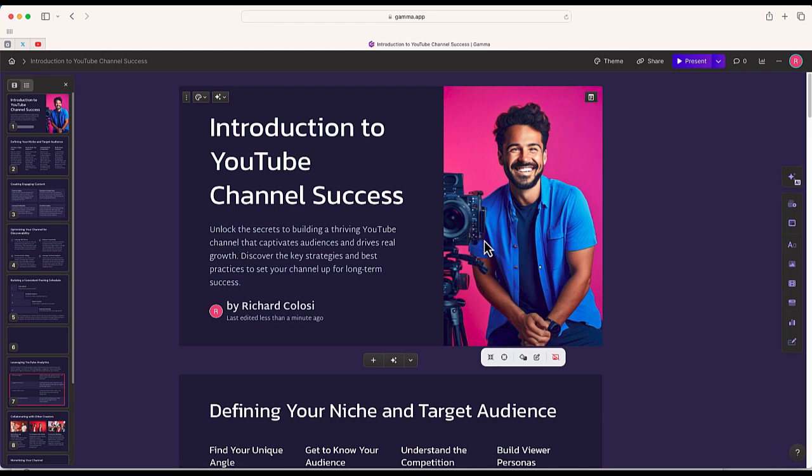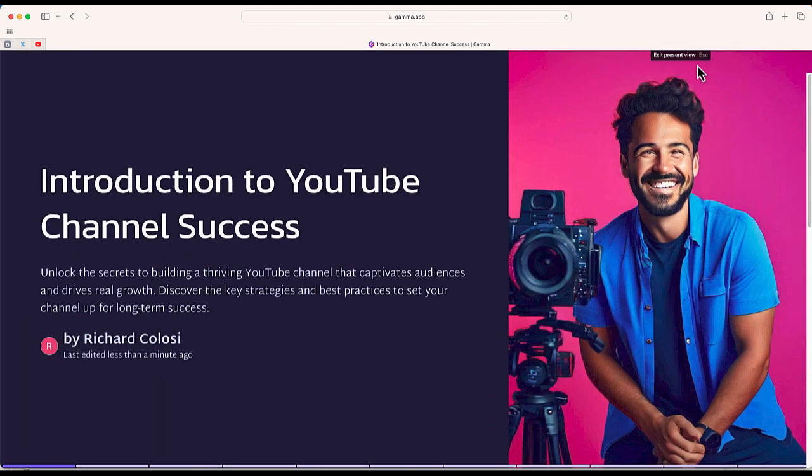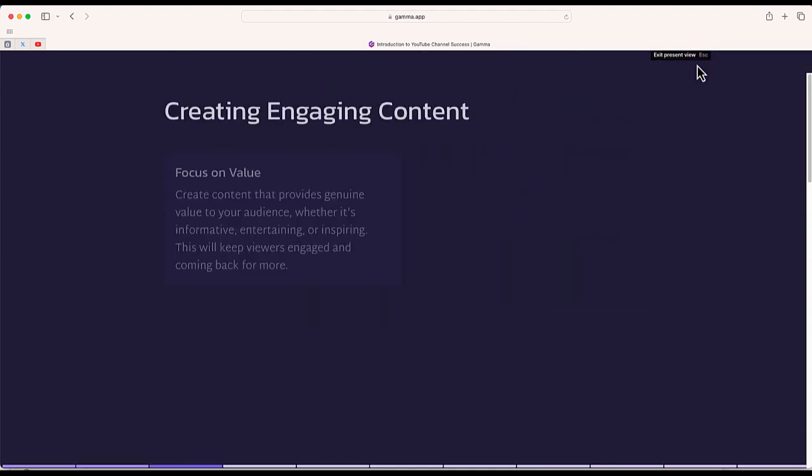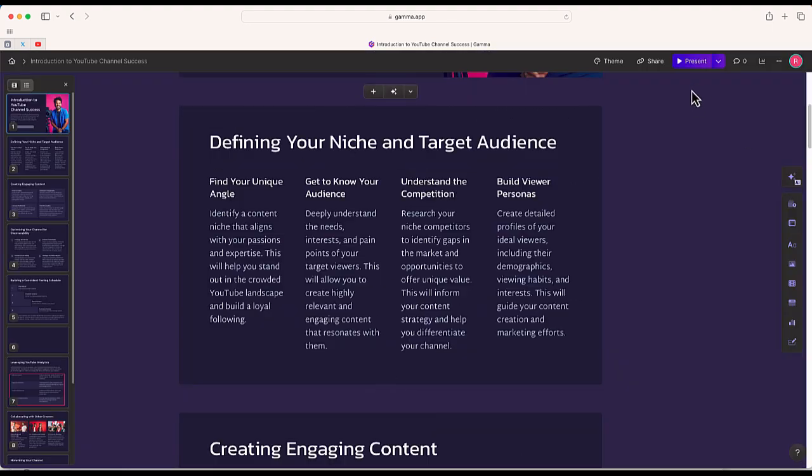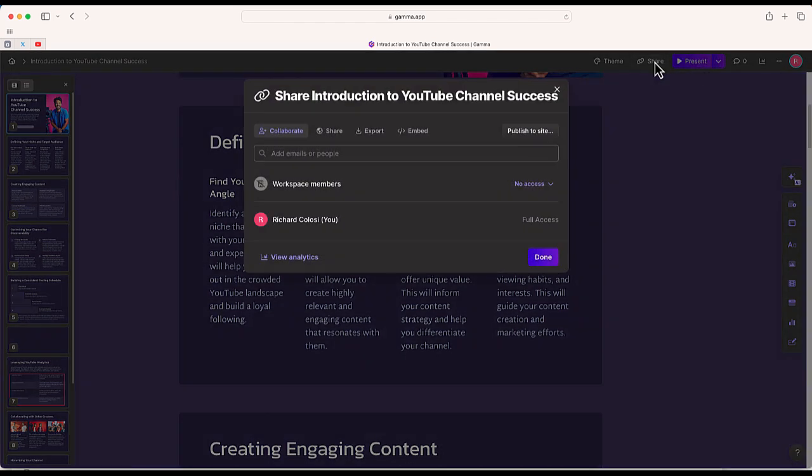All right, once this is finished, a few different ways that we can save this. If I select present, and I'm just presenting this at a meeting or something, it gives you this presentation mode where if you select right or left, the slides will advance. There also are some options to share. So if I select share,